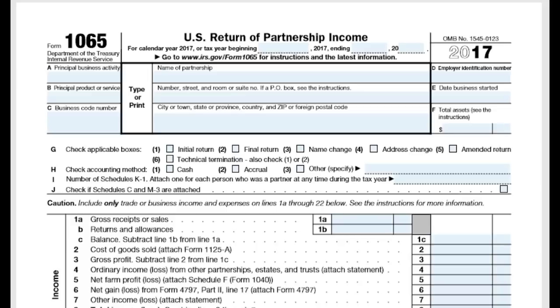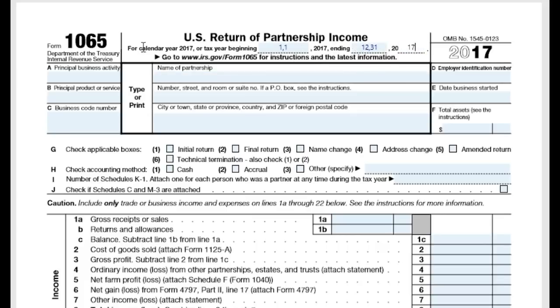But we're going to be running through this example here of just what probably most of you are going to have to fill out in terms of a Form 1065 for your particular business. It's a pretty long form here. A lot of this stuff isn't going to apply for most of you. I'm going to try to touch on those without having to go into too much detail here. But to start off, you're going to be beginning the calendar year here for January 1, 2017 and ending December 31st,